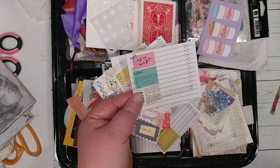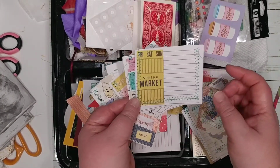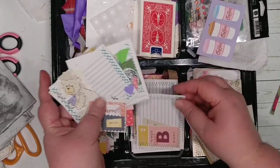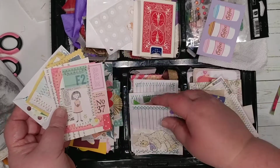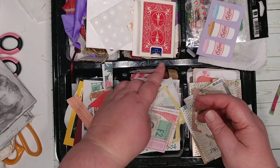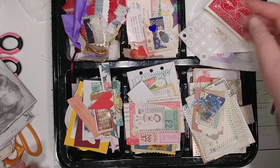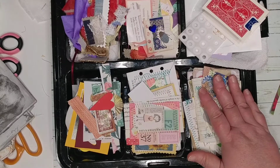So I thought just keeping it simple, having something to work on to add one or two things to it, and I can always add more to it later. But these ended up becoming my bases. So I like the way that that turned out. And these are just extra pieces here. So this is sort of my working